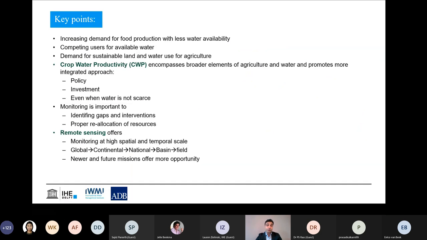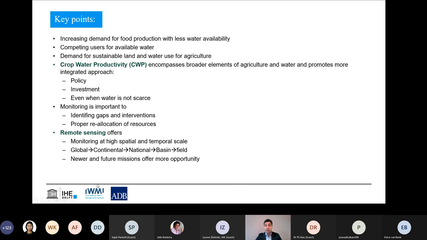So to just summarize the key points of the talk, I would like to bring your attention to the importance of increasing water productivity, because it's a challenge that is posed. We have to do better with the water that we have. Crop water productivity is a broad indicator that encompasses how we use water and turn that into benefits in agriculture. It can help us to improve our policies, guide our investments,